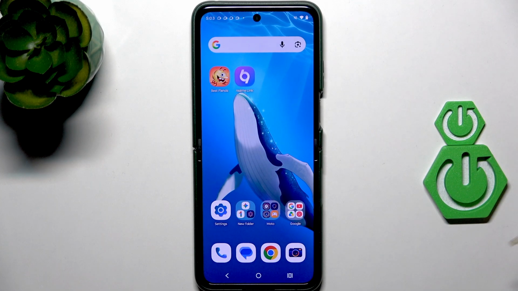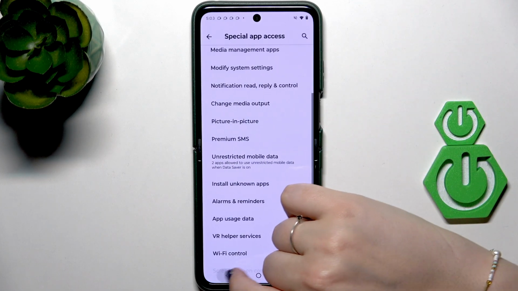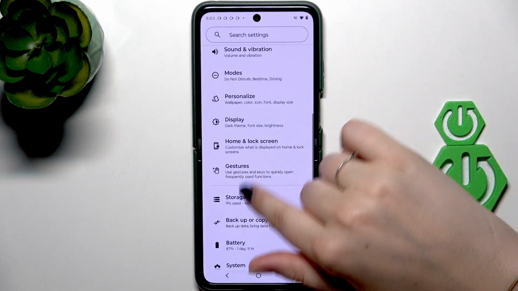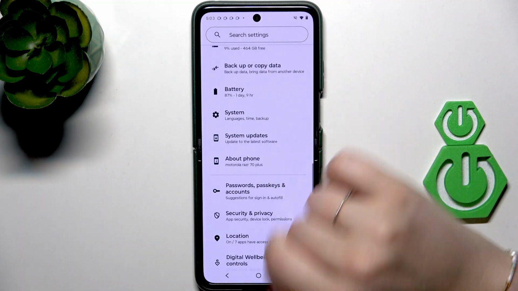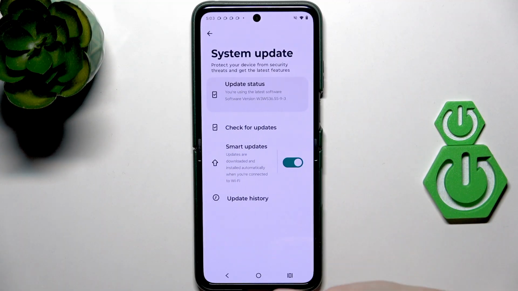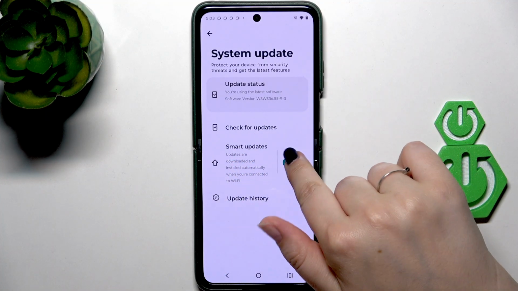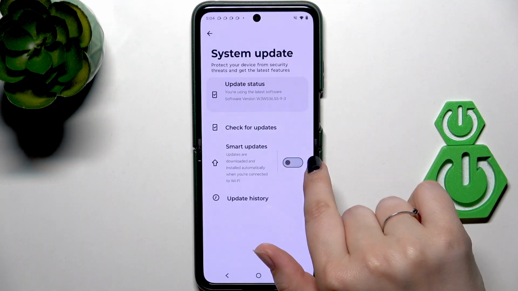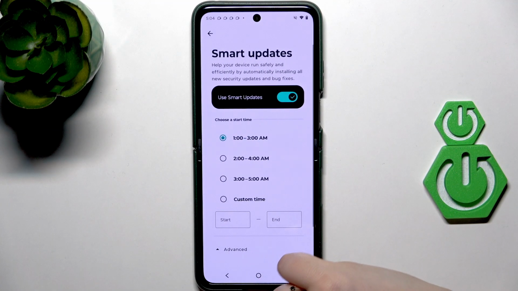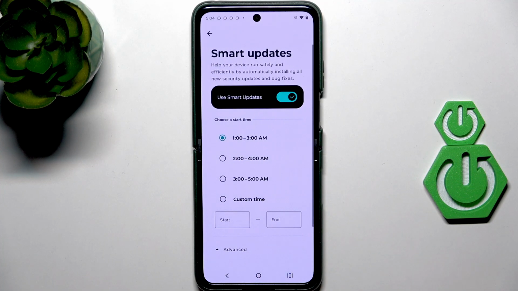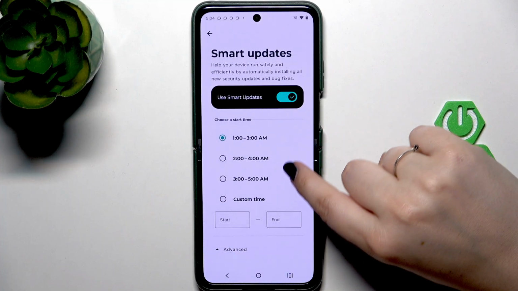So let's begin with opening the settings, and right here we need to scroll down and find the option System Updates. Then here we've got this option Smart Update. So first of all, you need to make sure that it is turned on. So just tap on the switcher if it is turned off, and your device will automatically bring you to the options. Obviously, if you've got it turned on, I still highly recommend to simply tap on it to manage the